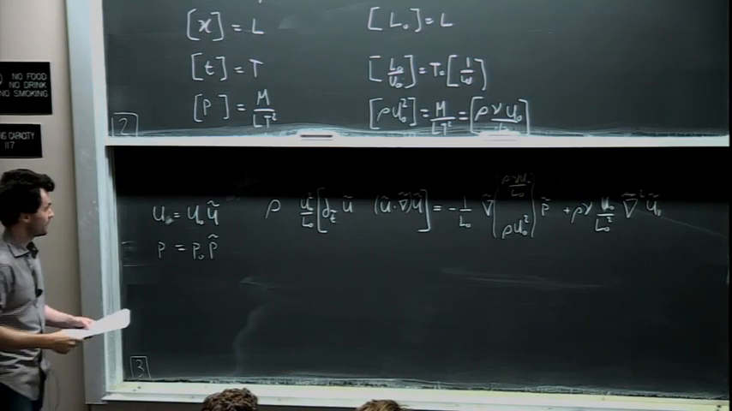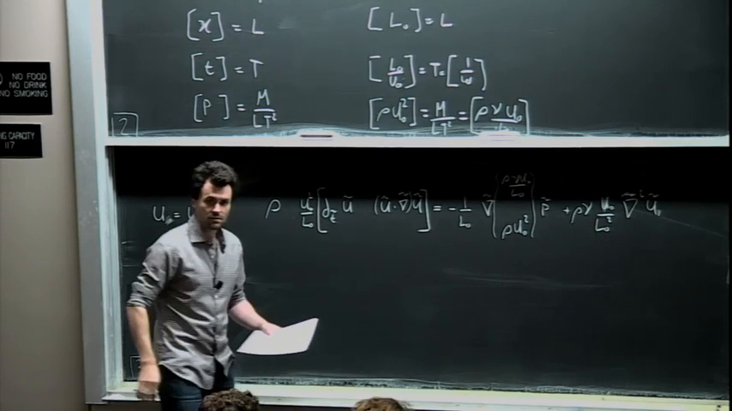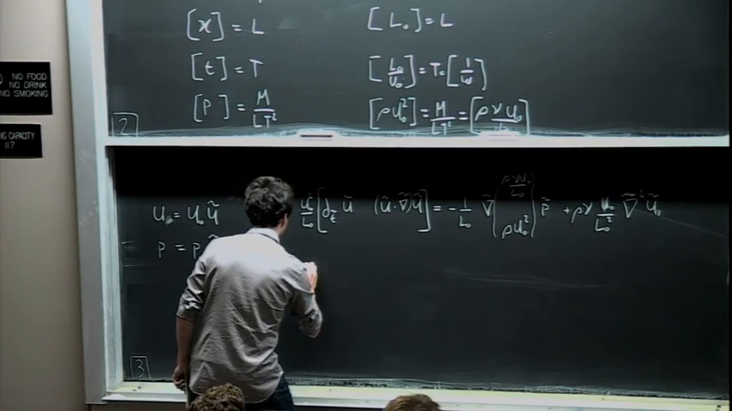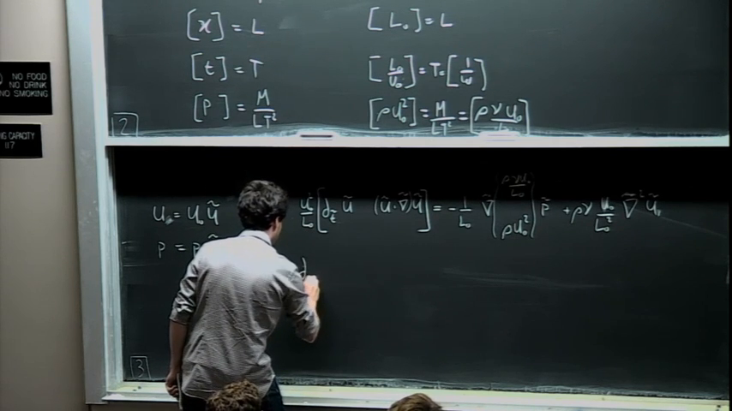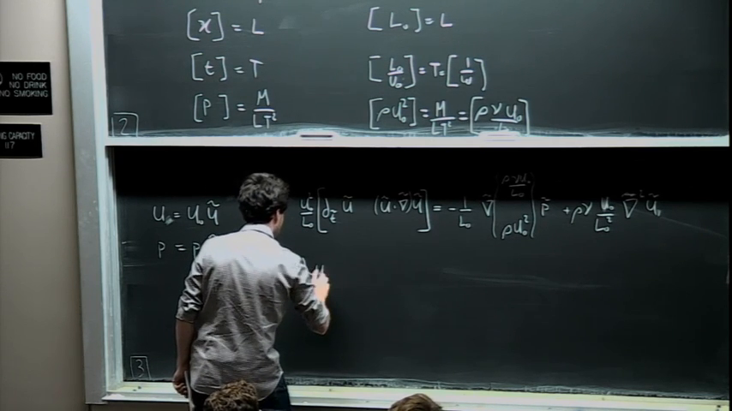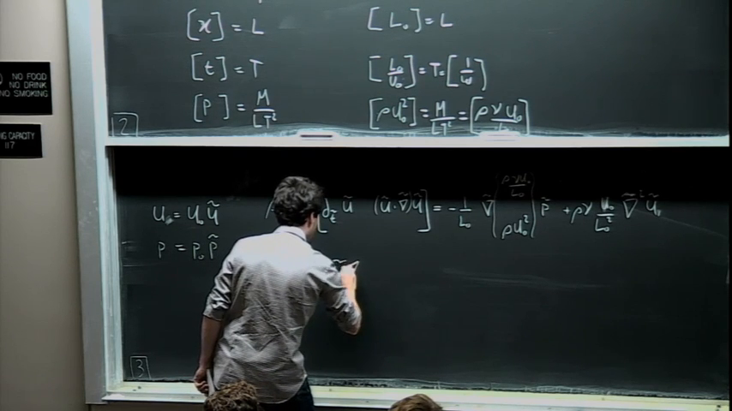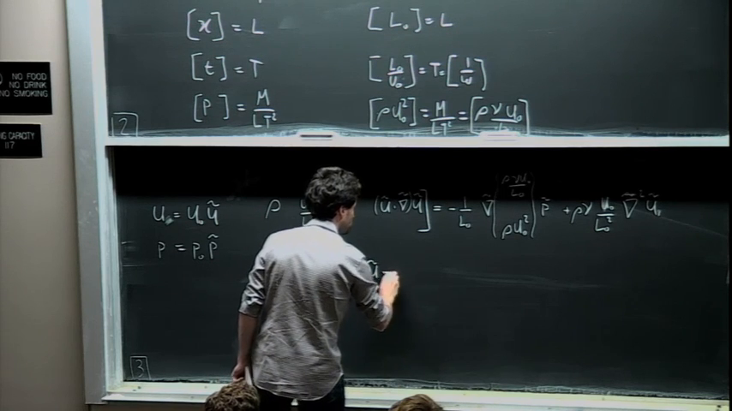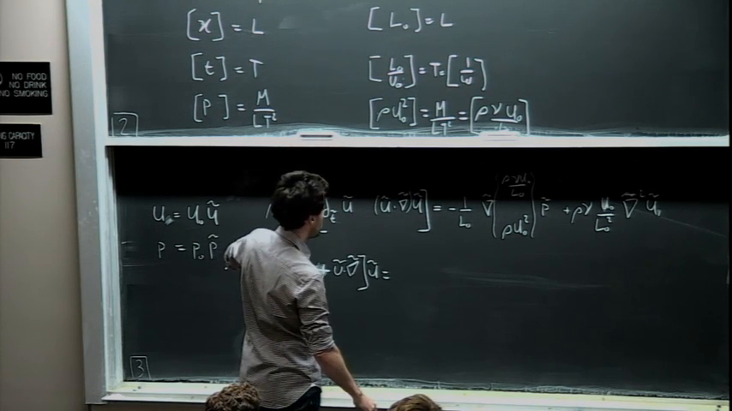So now all we really have left to do is to simplify our expression a little bit. We can do that as follows. We can just divide everything by this. So we're going to have dt twiddle plus u twiddle dot grad acting on u twiddle, and this is going to be equal to,